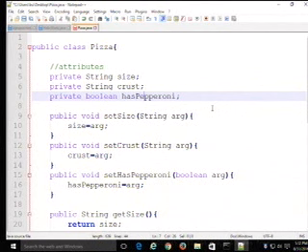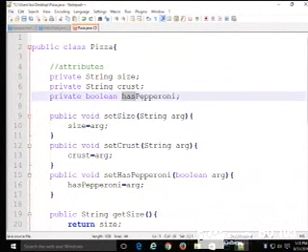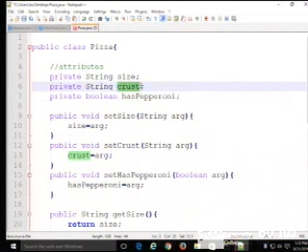First of all, some naming conventions. Class names are capitalized. So public class Pizza, that should be capitalized. Things that are not class names, for example, this is an attribute name. It's not a class name. This is a variable name. This is a function name.